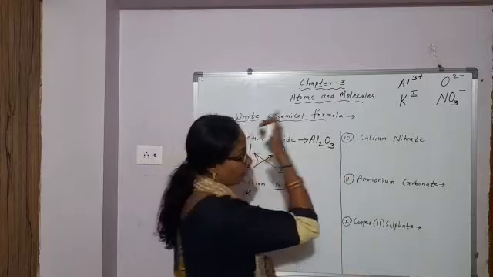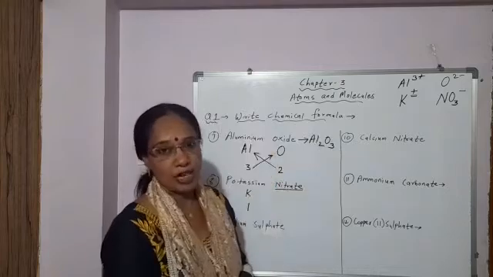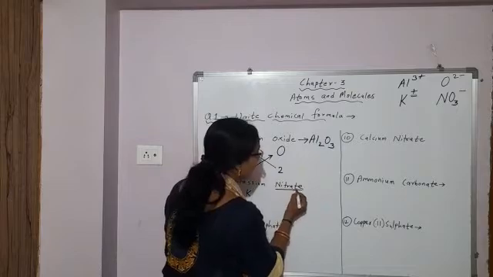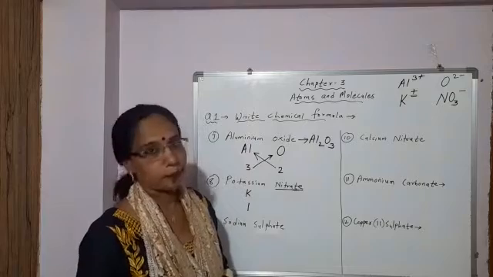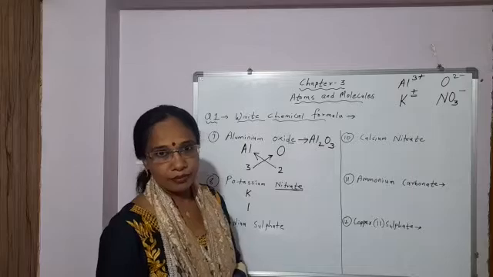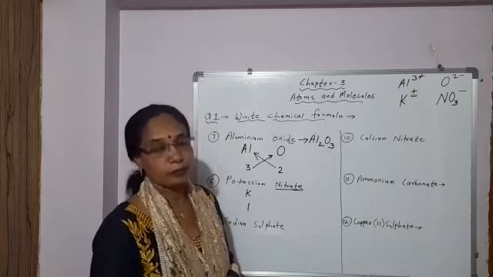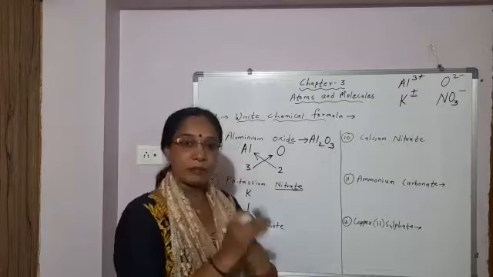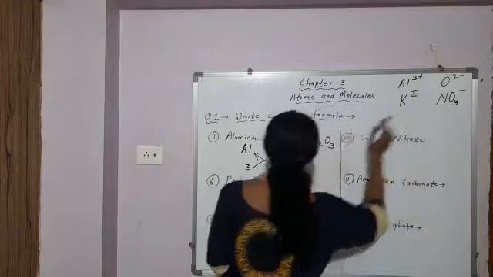And this is a group of atoms, 1 nitrogen atom, 3 oxygen atoms. So a group of atoms carrying negative charge. So it is a polyatomic ion. So students, remember when the ending is ate, it means it is a group of atoms with negative charge. It is a polyatomic ion. And when the ending is ide, it is a negative ion, a single atom with negative charge. And ate ending, group of atoms with negative charge. Okay. So nitrate, what is the formula?